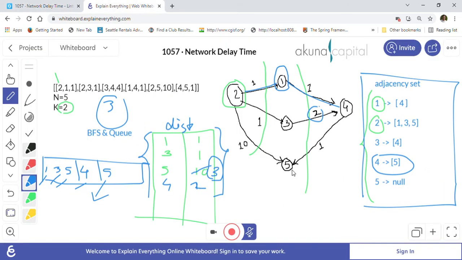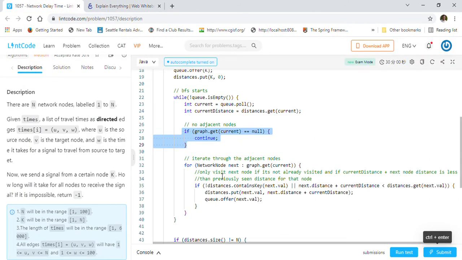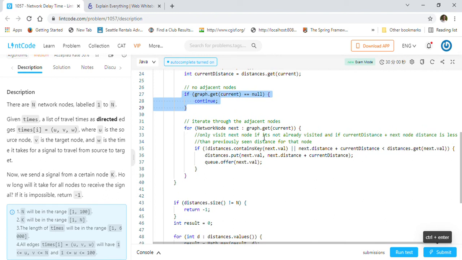For example, in this case 5, right? 5 does not have any adjacent element. So that's what it means. If it has some adjacent element, we will just use graph.get(current), right? Then it will give us the set of network nodes, and we are iterating through this set in the for loop, and we are calling the node as next, and we are checking if that node we have already visited or not in the distances, right?